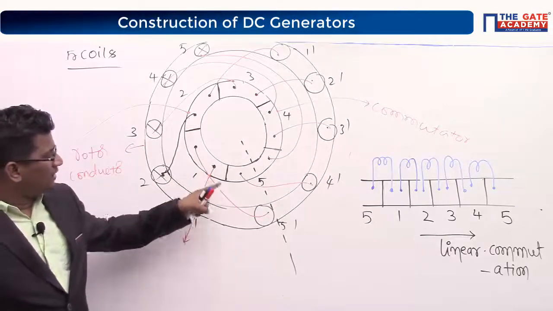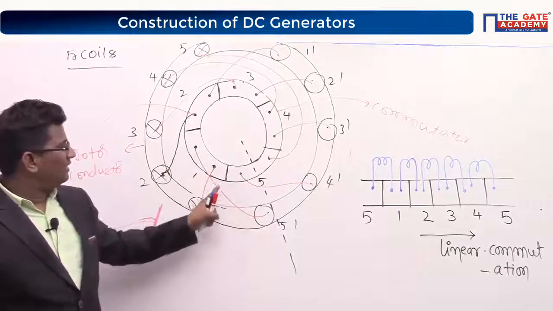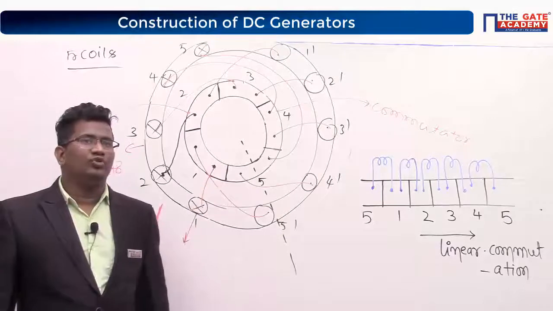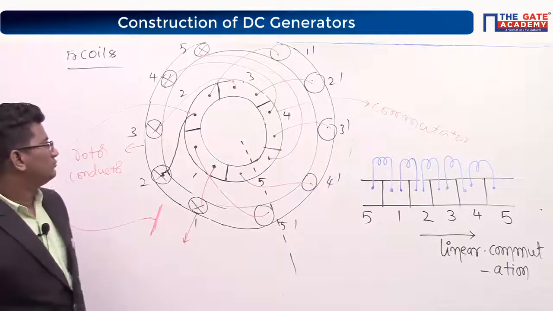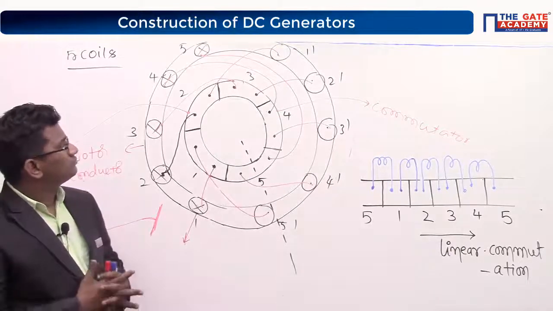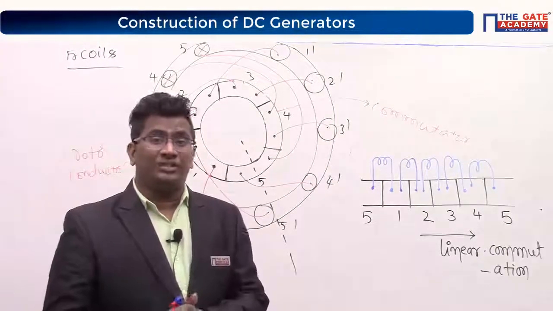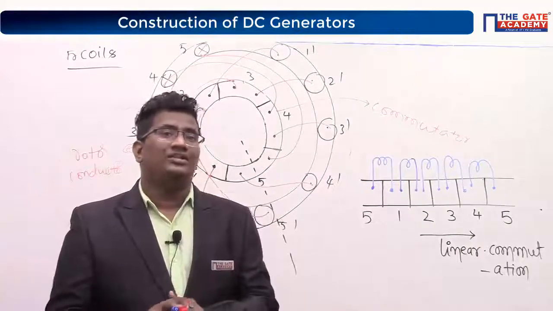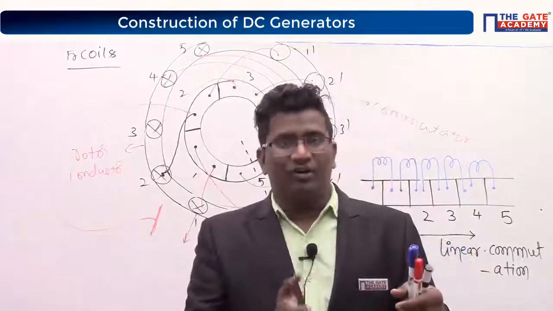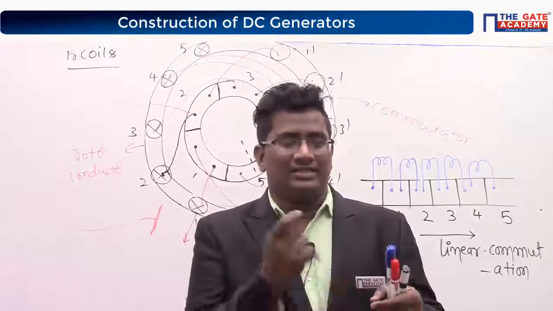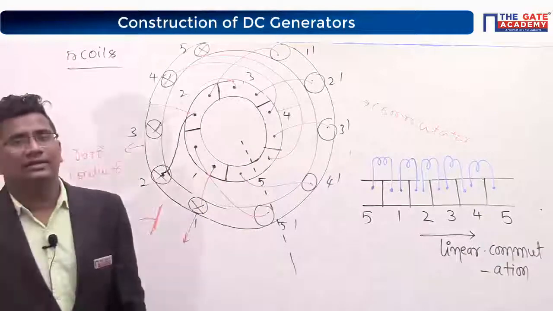1 is connected to the first segment, 5 dash is connected to its adjacent. You just check, the 2 ends of the coil will definitely have one insulating medium. You just check it once. The 2 ends of the coil will always have an insulating medium. Brushes: if brushes are rotating, then how will you get the supply? Brushes won't rotate. These are stationary. Brushes are stationary, only the commutator is rotating. So whenever the commutator is rotating, it is touching the brushes, and from them you collect the output. Brushes are static, na? Only the commutator is rotating.